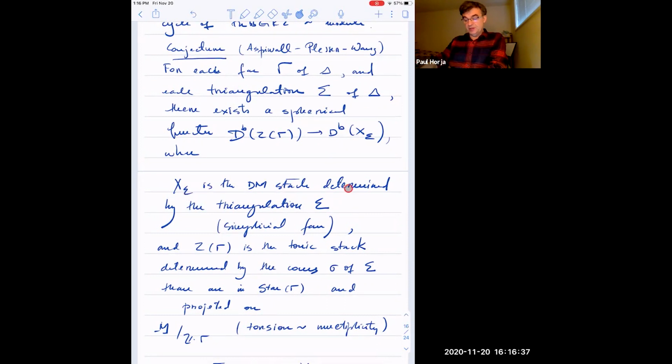So the X sigma is the usual Deligne-Mumford stack, as I said, and Z gamma is the toric stack determined by the cones that are in the star of this face. So this is, in a way, again, a very combinatorial construction. So what's remarkable about this is that it may seem that this is too simplistic, and maybe it is,